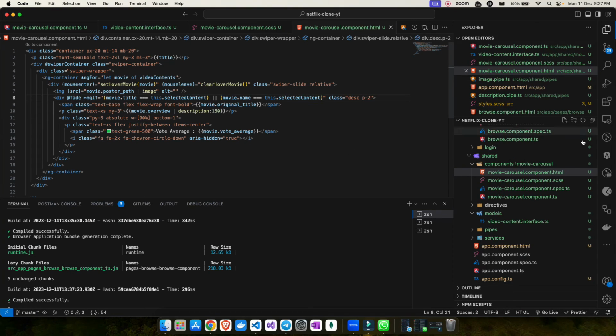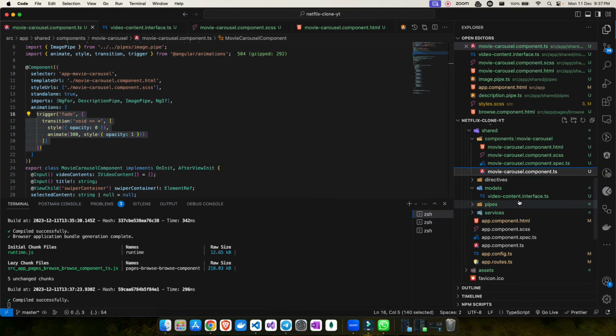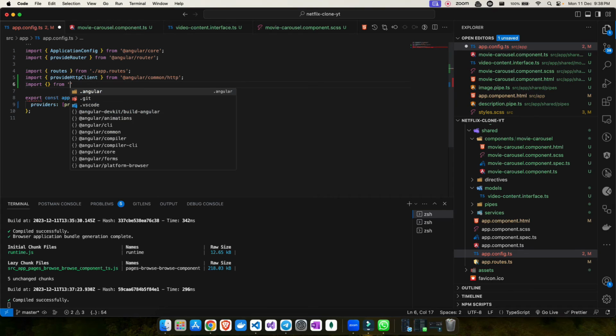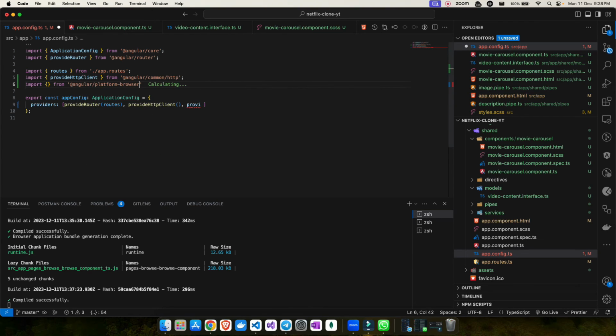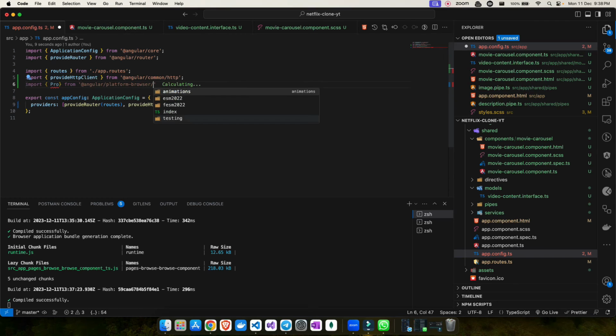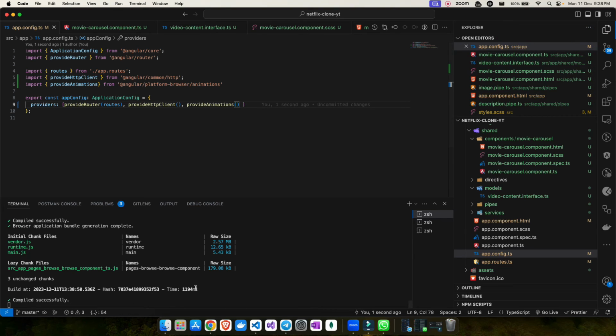Why? Because whenever you make use of animation of Angular, you need to import a very important thing, which is browser animation. Import from, what I remember from last time, it is from @angular/platform-browser. The name was provideBrowserAnimation. Okay, so this is still half, so let me change it to animations. Yes, so now there will be something called provideAnimations. This is what I want to use in the array. So I'll say provideAnimations. Save all the changes, and the compile should be a success.